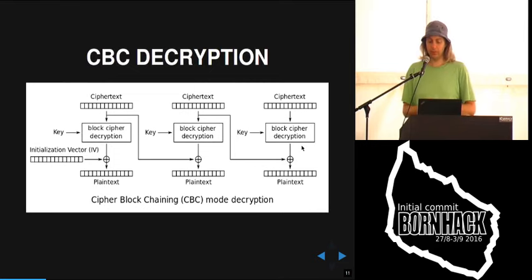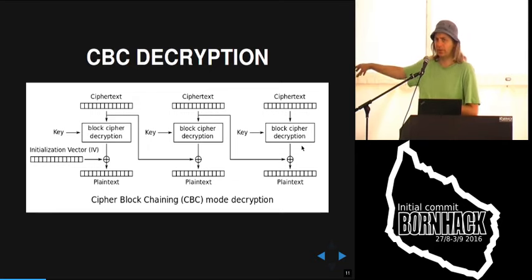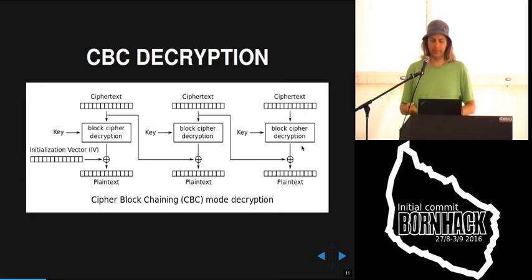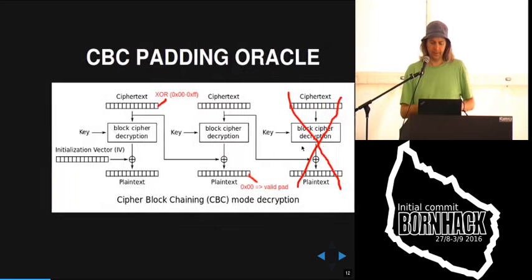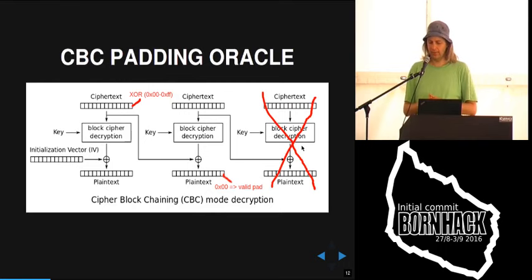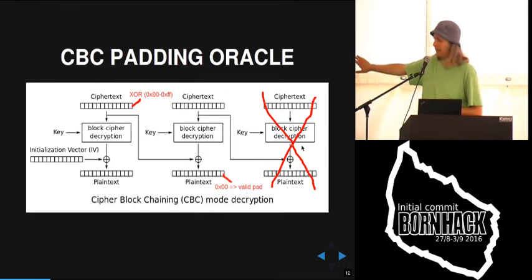This is CBC mode. Looks a bit complicated, but it actually isn't that complicated. The main thing you need to understand here is that every ciphertext is XORed into the next block. And how the attack works: if you want to attack this, you just throw away the last block, because that always only contains padding, because the padding is always that long.